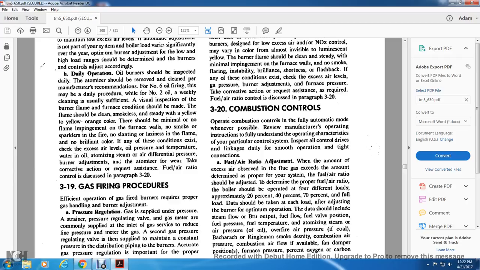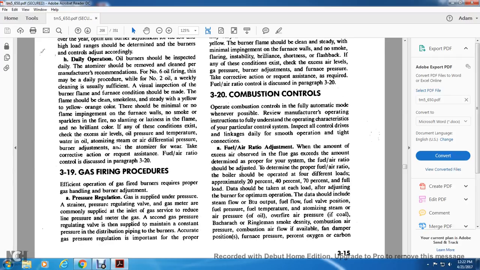The boiler should be operated at four different loads, approximately 20%, 40%, 70%, and full load. Data should be taken at each load after adjusting the burner for optimum operation. The data should include the steam flow, the BTU output, the fuel flow, the fuel valve position, the fuel pressure, the fuel temperature, the atomizing steam or air pressure for oil, the overfire air pressure, the Bacharach or Ringelmann smoke density, combustion air pressure, combustion airflow, and the fan damper